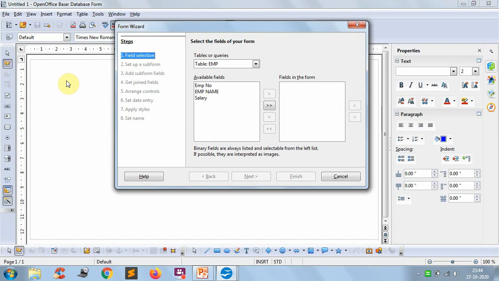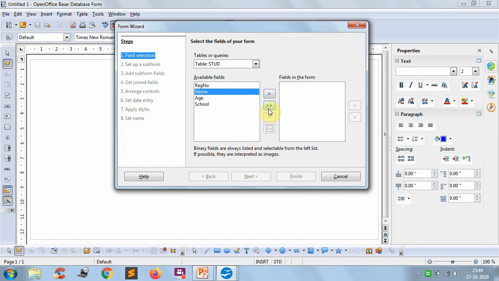So like this it will show you the wizard. First you have to select the table for which you want to create the form. Here I am selecting the stud table. How many columns are there? Four columns are there. Now you have to select here which columns you want to include in the form. Select the column, click this one, and this column has been shifted here. Select the age, and this column has been shifted here. This way you choose which columns to include in the form.